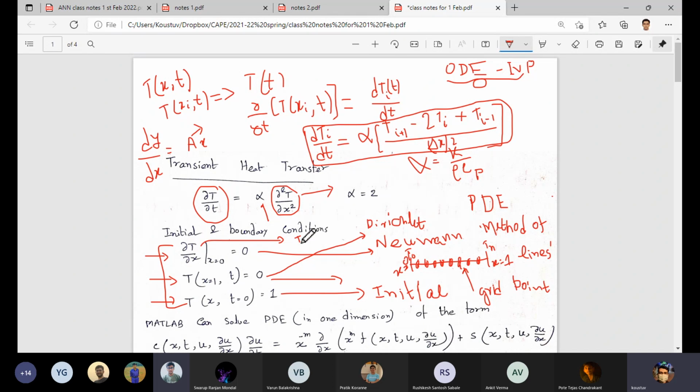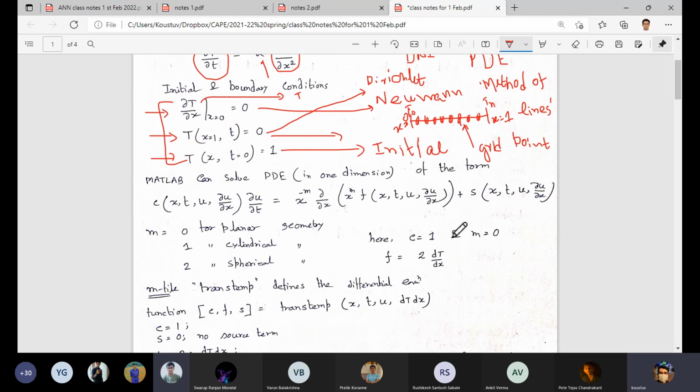So in this way, you will convert the boundary conditions into algebraic equations, and therefore this type of equations are also called differential algebraic equations. The algebraic equation comes due to the nature of the boundary conditions, Dirichlet or Neumann. So it's a differential algebraic equation, which is often noted as DAE. So generally this is the way we do this kind of problem.